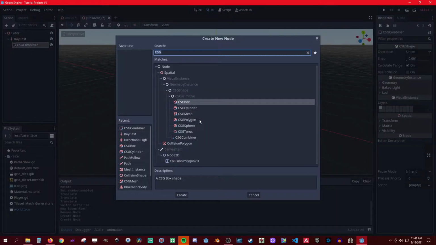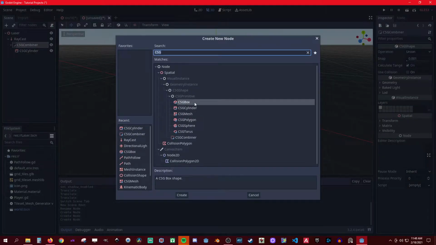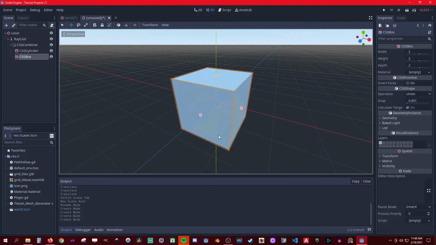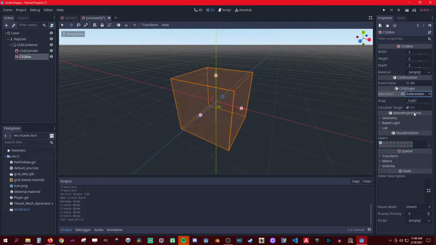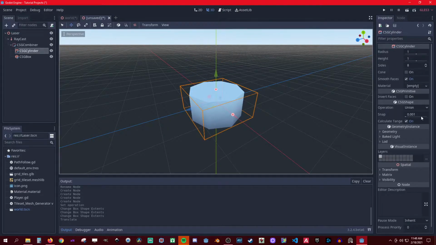And on the combiner, add a cylinder. Add a box. Then make the box a subtraction. Scale the box down. Put it in. Move it up. And scale this down